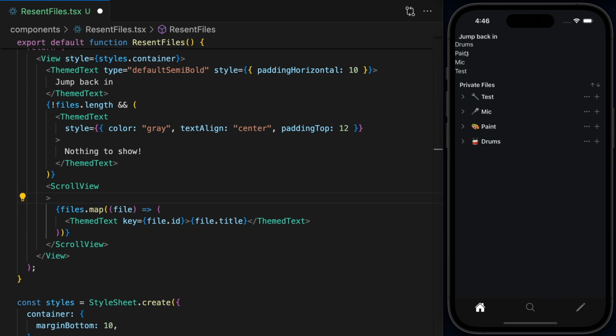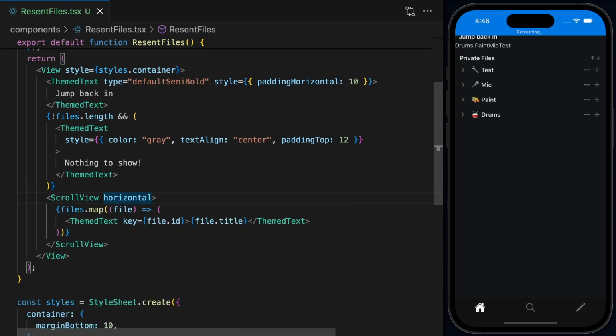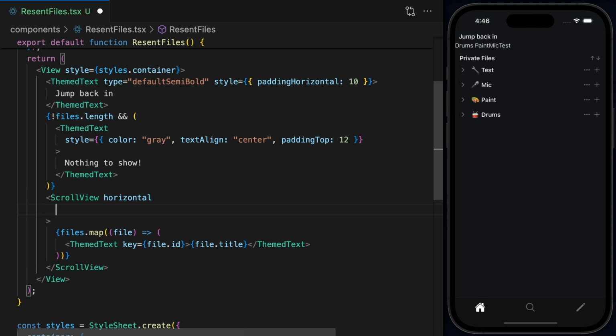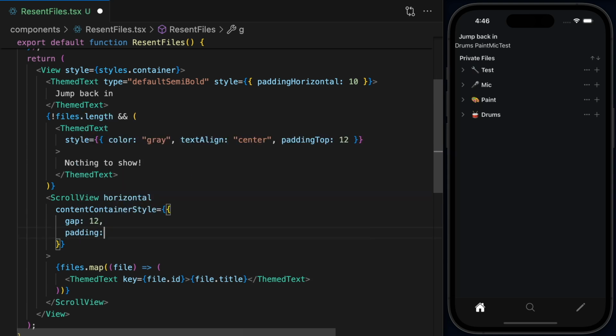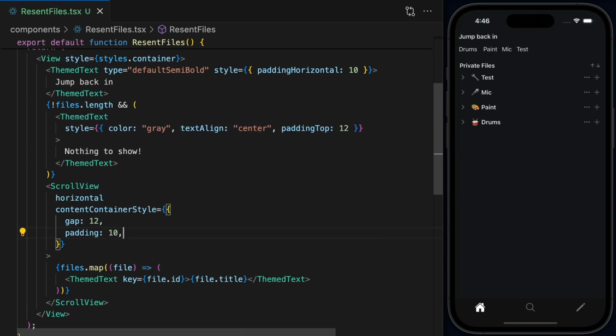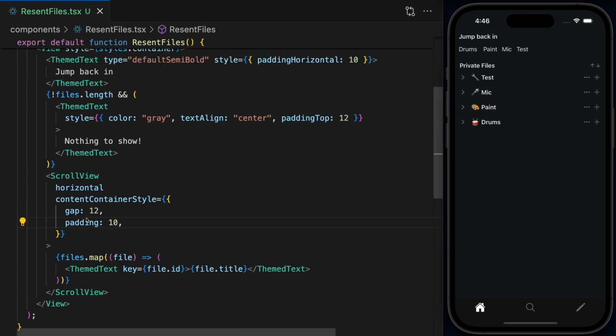This is a scroll view, as you can see, but I want to have these items from left to right. So we can say this is going to be horizontal. And then we can even add a content container style in here. Add a gap of 12 and then a padding of 10 to have some nice spacing, as you can see there. And by the way, we are just applying this padding